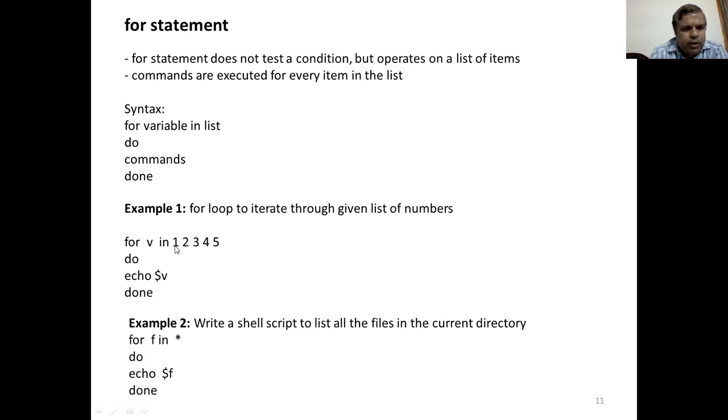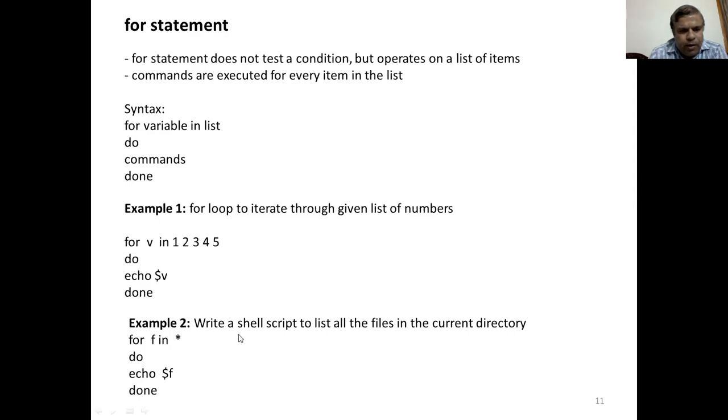In the first iteration, 1 will be stored in the variable v and it is printed with echo $v. Then in the next iteration, 2 will get stored in v and it will be displayed, then 3, and so on. This is repeated until all the elements in the list are processed.